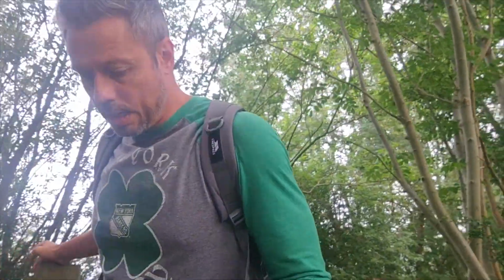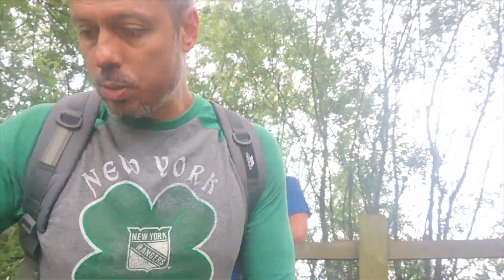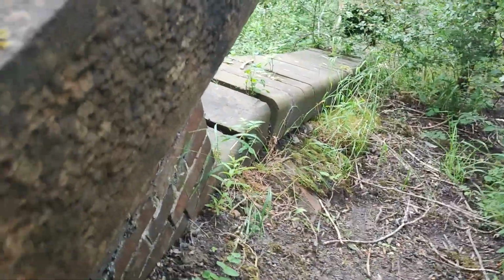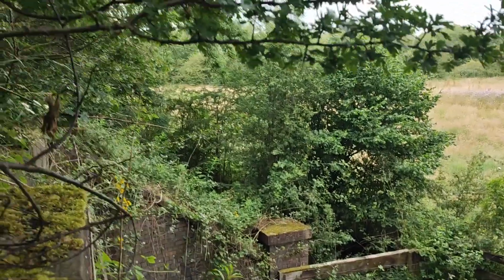Right, I'm clambering over a fence because Phil spotted a bridge, but it looks a bit spicy to get down. Just been talking about my injured knees. I think I might give it a miss. Yeah, we've been talking about torn ACLs, and here I am. Right, beautiful capstone there. Right, proper solid job. Right, wait for it. Right, I'm not going all the way down